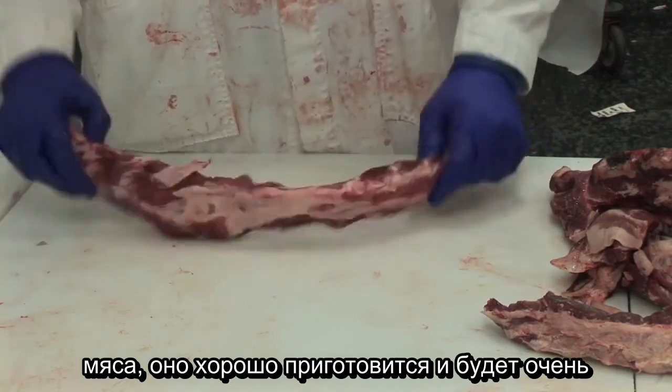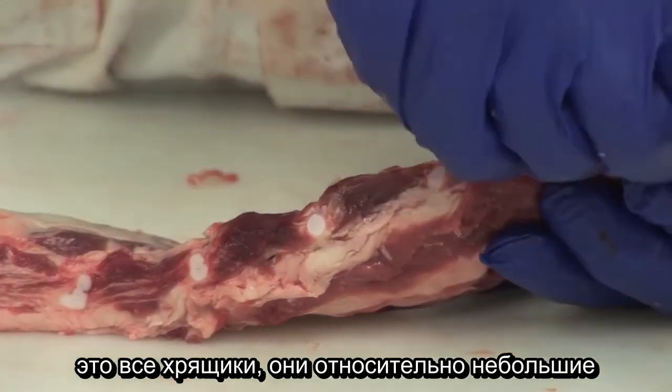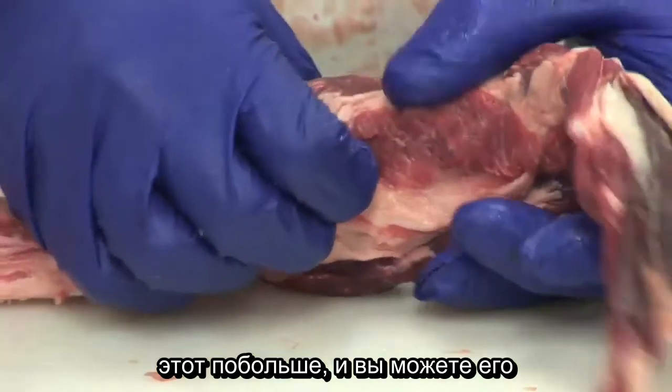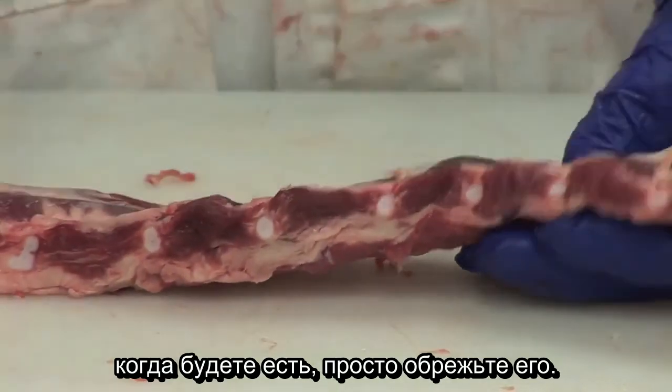It'll cook really good. It'll eat pretty good. All this white stuff right here, these little white dots, all it is is cartilage. It's relatively small. It's about that big in there. And you can trim it out if you want, or you can cook it with it in. Either way is fine. Just when you're eating, just cut it out and